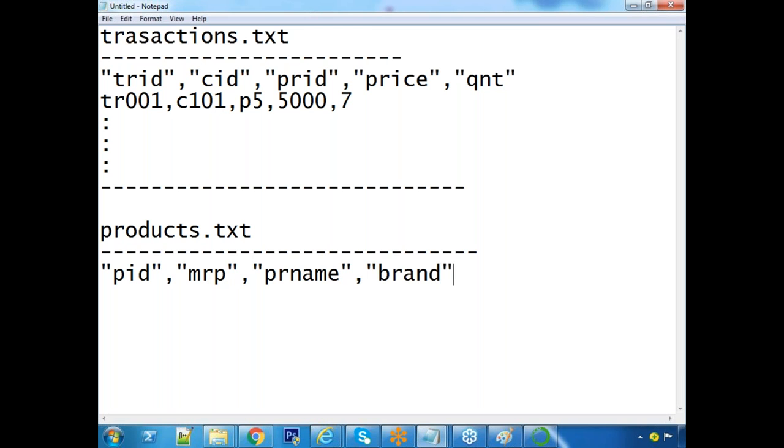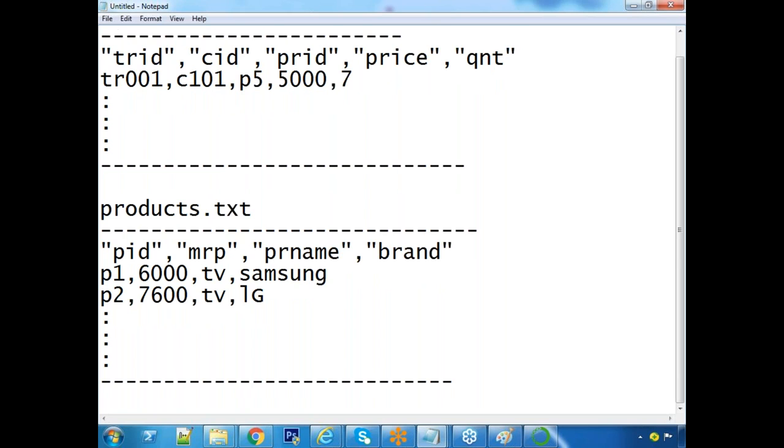Suppose product name is TV. TV can be available with different brands, right? Which brand TV he has purchased, like Samsung or LG. Let's say P1, price 6,000 MRP, product name TV, brand is Samsung. P2, still TV, let's say LG. In this way, product information is available.